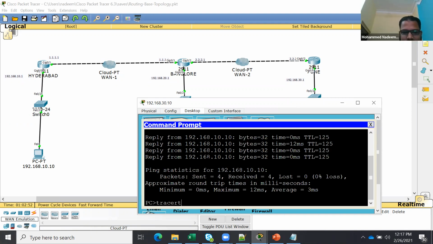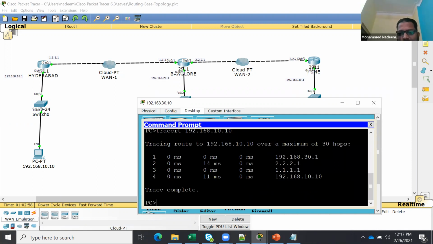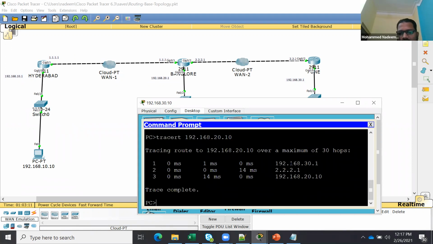Traceroute 192.168.10.10. See, first again it goes to the first gateway, then the next hop, then the next hop, and then here. Similarly, if I ping 20.10, see, first it goes to the gateway, to the next hop, then down.